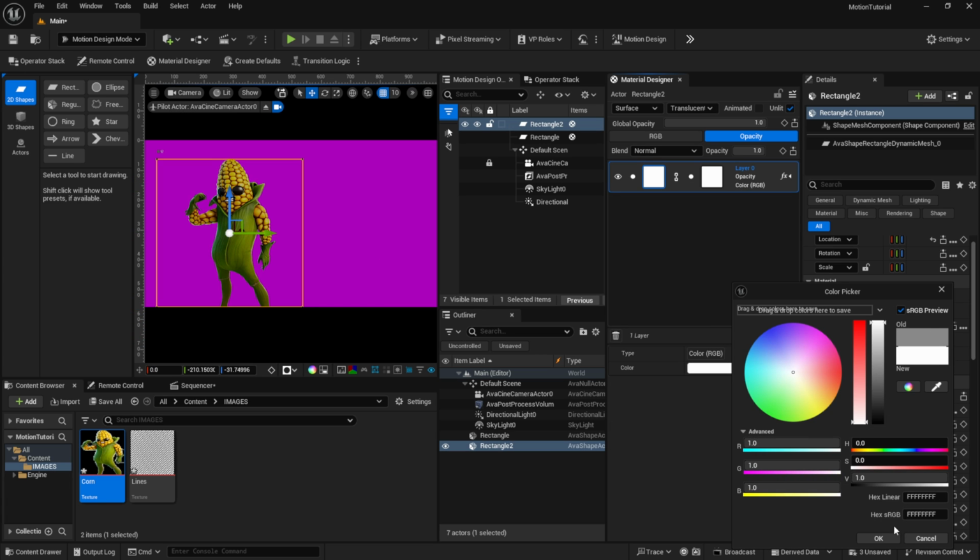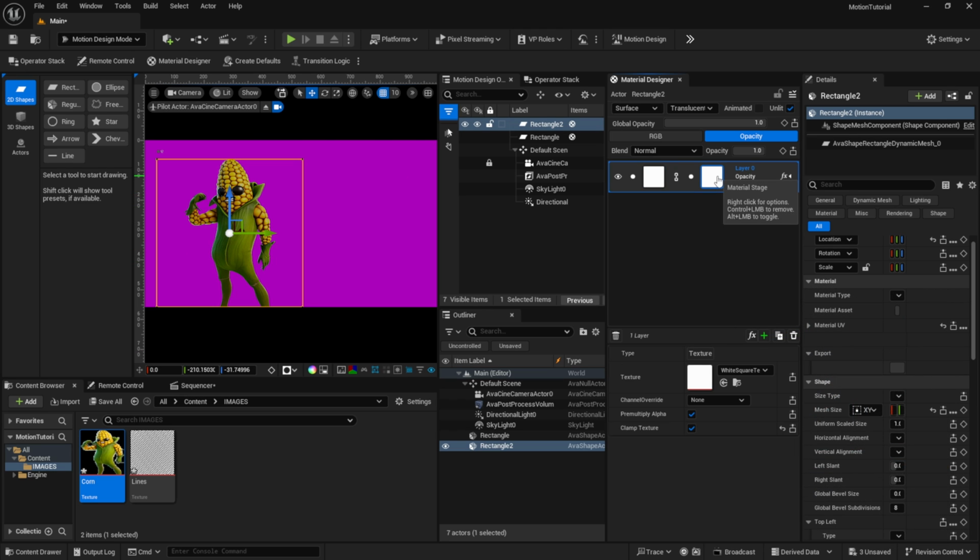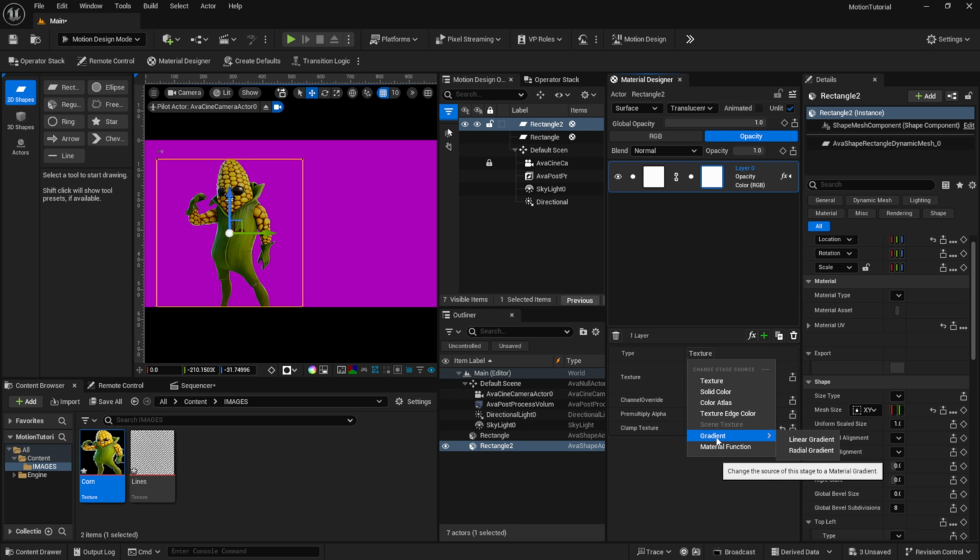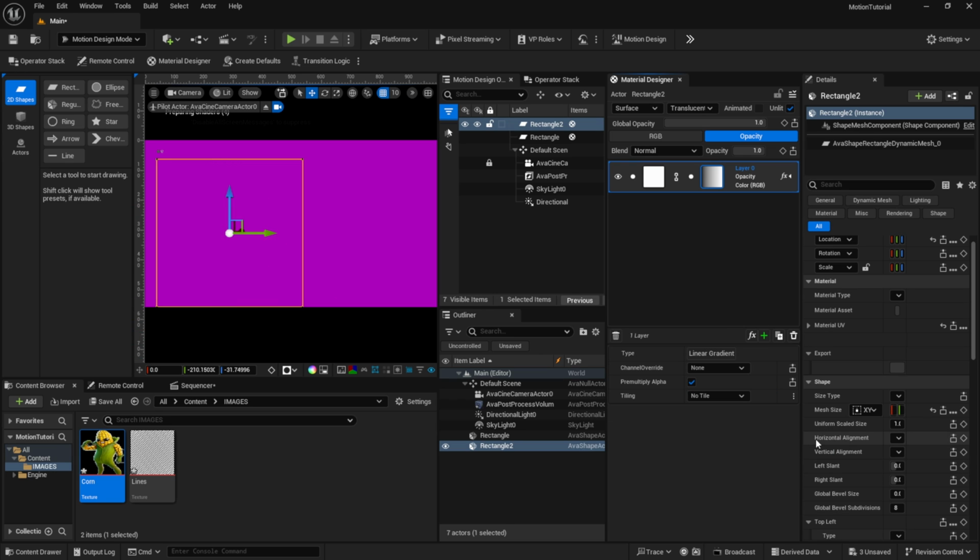I'm just going to make this one full white like that. And then I actually want to control the mask over here to do the wipe. So with this selected, down here under texture, I'm going to come down here under gradient, and I'm going to do a linear gradient. So now you can see we're starting to get the same effect again, where we could do a gradient wipe,